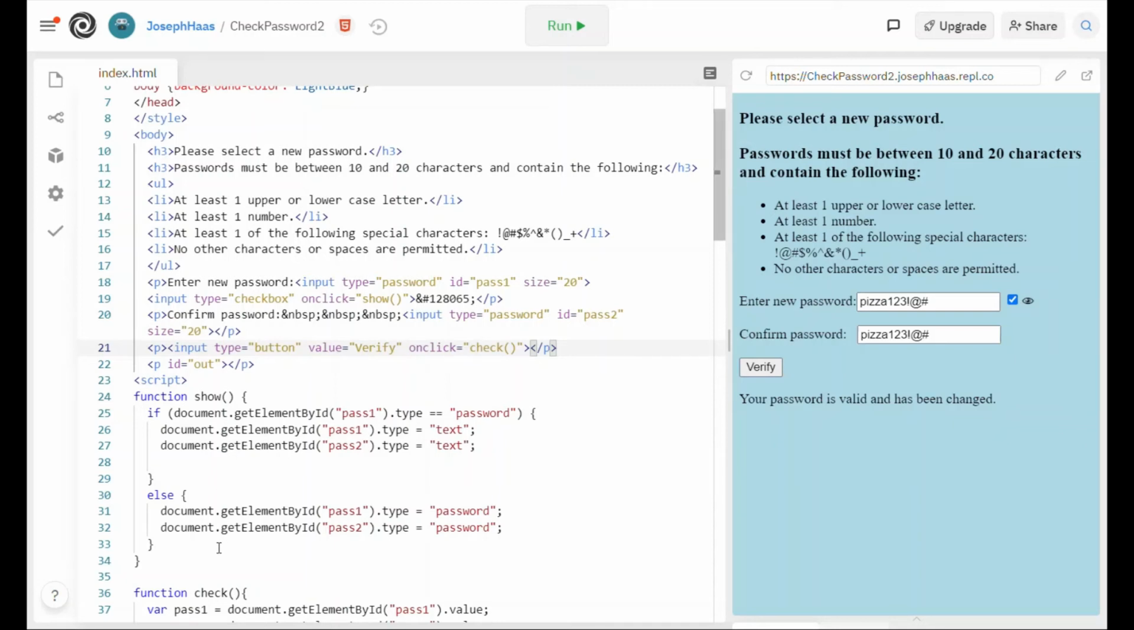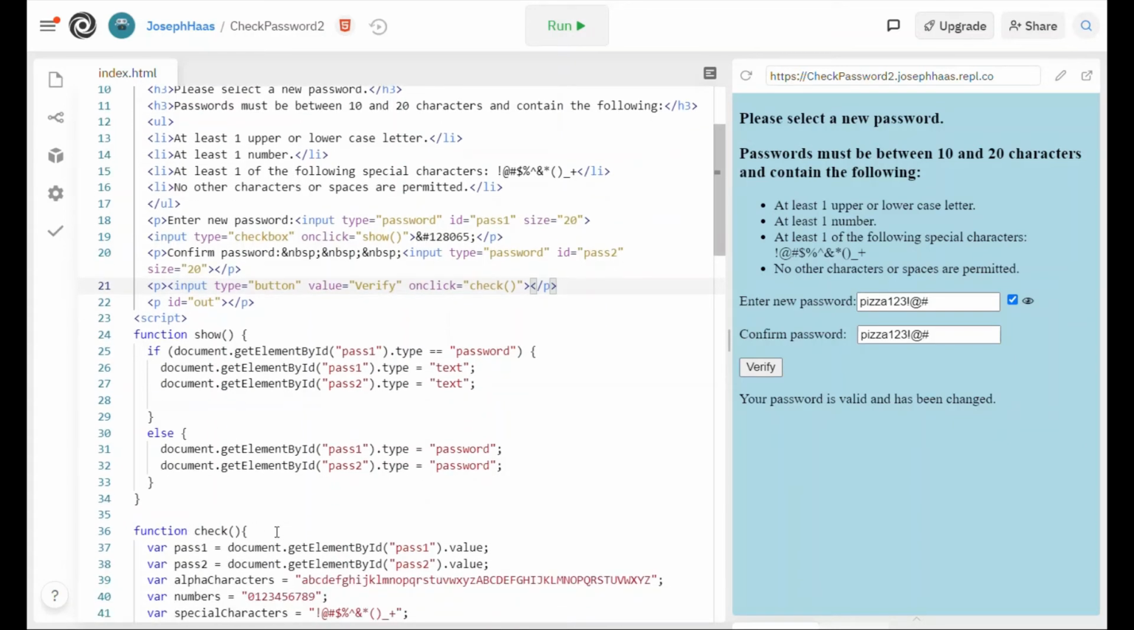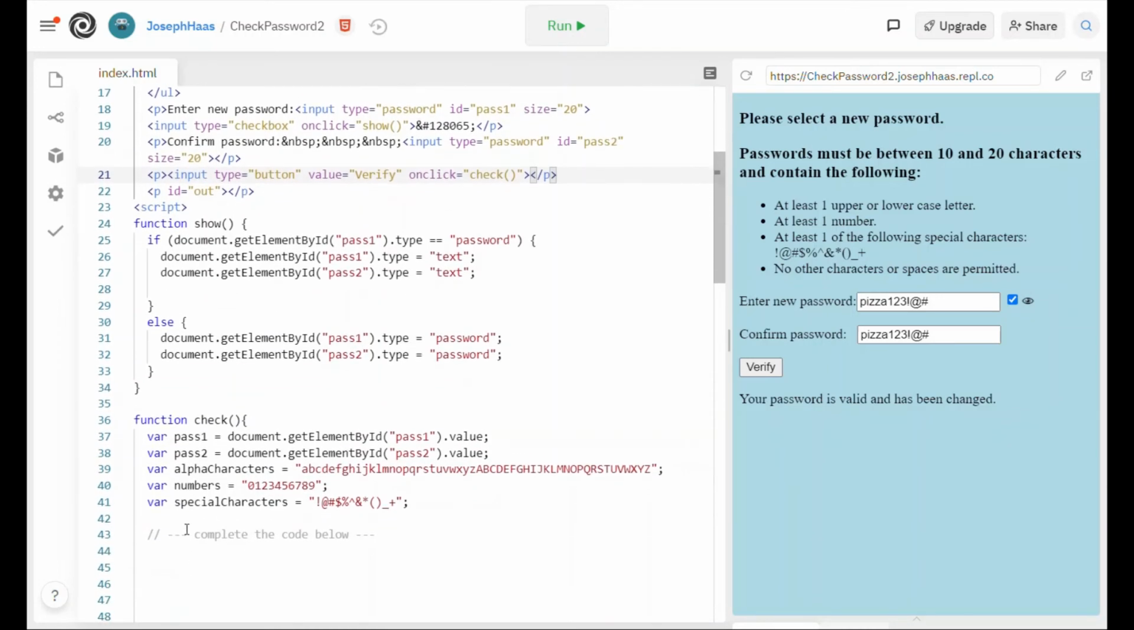Okay, you need to write the function called check. Check, and I already wrote a little bit for you, is going to get the element by ID pass1, pass2, right? It's going to get these two values right here, put them in a couple of variables called pass1 and pass2, right? It's just getting what is in these two text boxes right here. And then I have a bunch of other variables to help you get started. I have a variable called alpha characters because the password has to contain one of these guys, upper or lowercase letter. I have a variable called numbers because a password must contain a number and it must contain a special